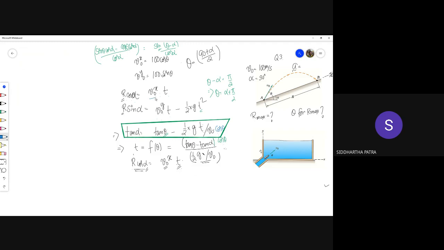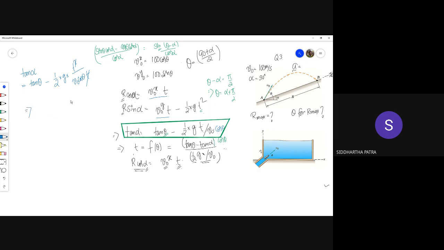Okay, so this one is v0x t, v0y t, half gt squared. So you have your tan alpha equals tan theta minus 1 by 2 times g times t squared divided by v0 cos theta times t. So 1 t will cancel out.